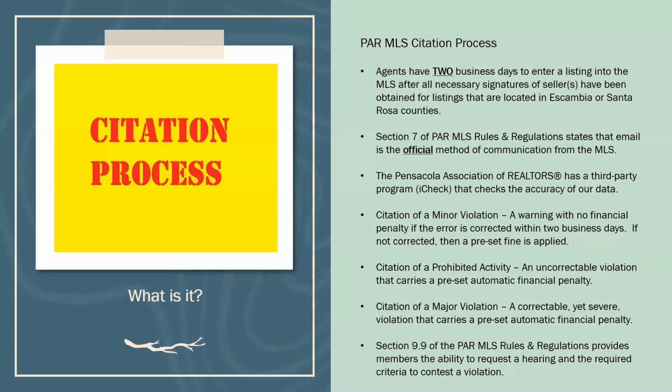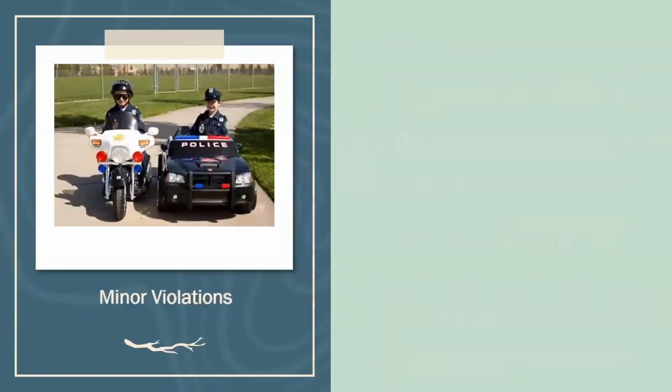So let's move on to discuss our minor violations. When we go to these minor violations, understand they're not all listed, there are several. So you will see some that have a little bit of a difference, like you might start with C and then C and M instead of an A, B, C. So section 9.2, and we're going to start off with the letter C. Failure to map a listing in the correct location.